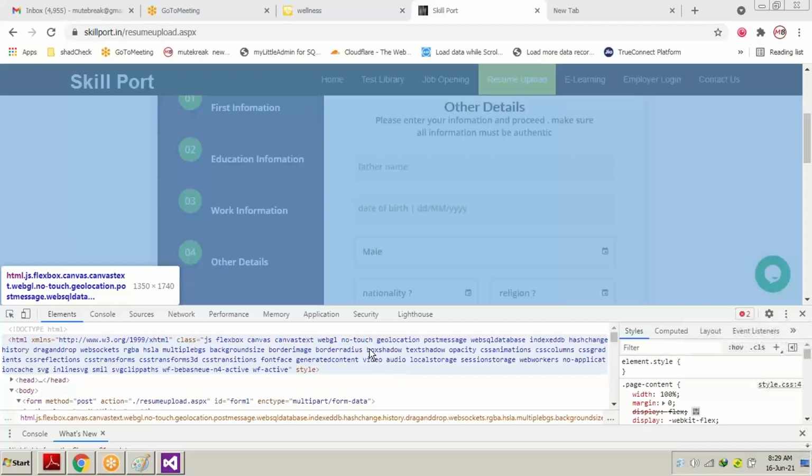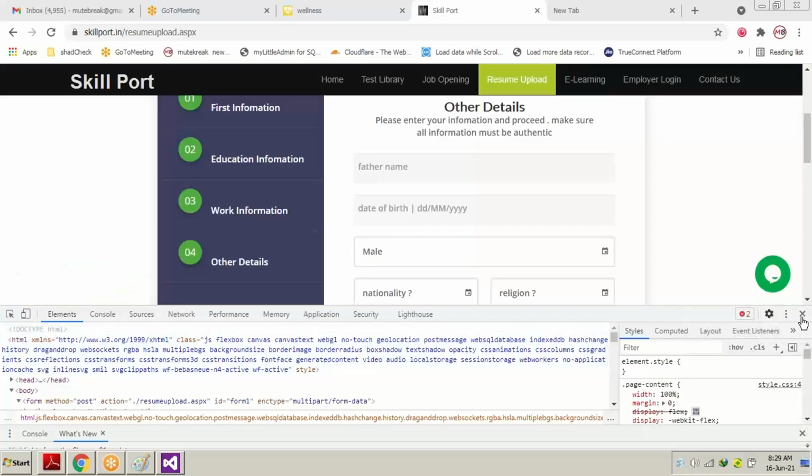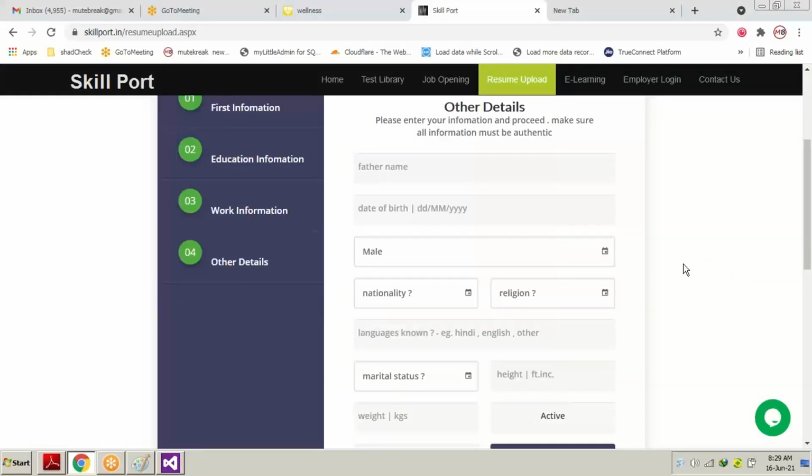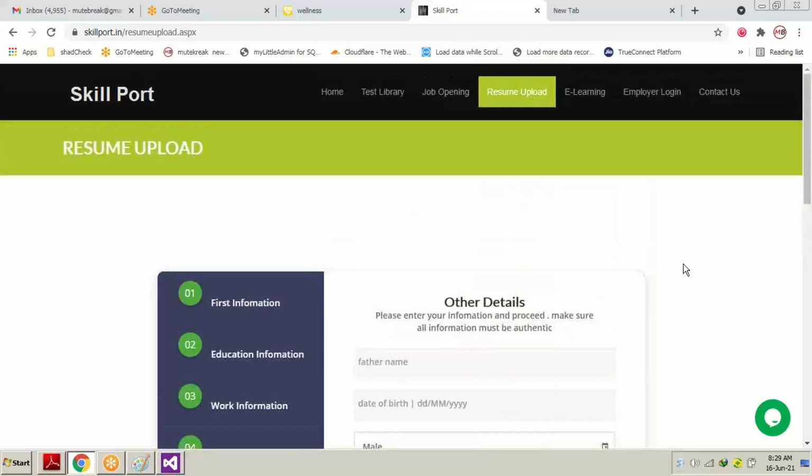When we will be working on some project, then you're going to find out how inspect works. Okay, suppose I am the outsider, the new employee of a company, and I've been given the old website to change some design.